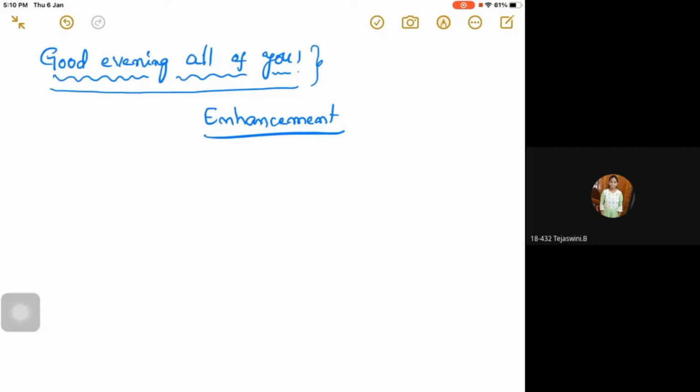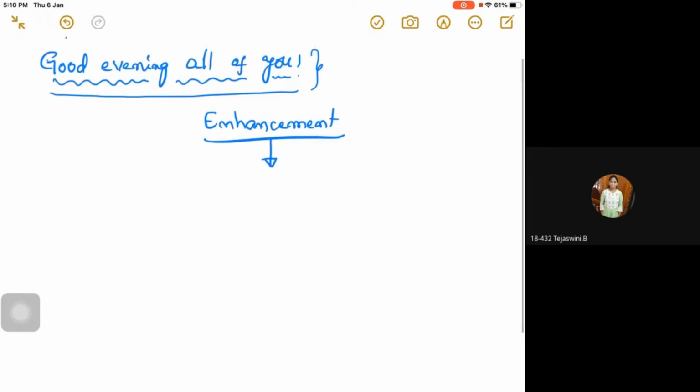processing applications. Right. What is image enhancement? It is nothing but the process of enhancing the quality of the image. So here we have to concentrate on the quality of the image. So how can this quality of the image be enhanced? For that we have three methods of processing.